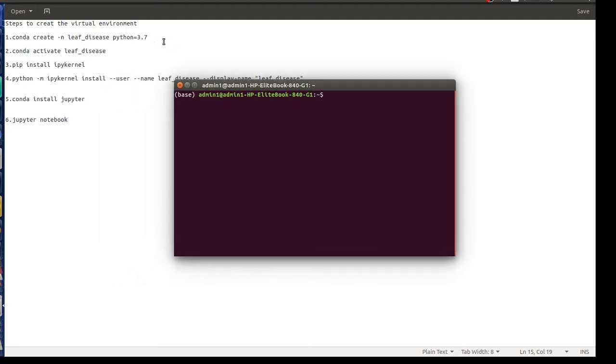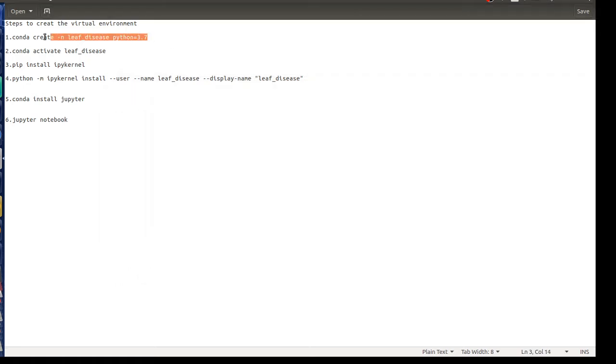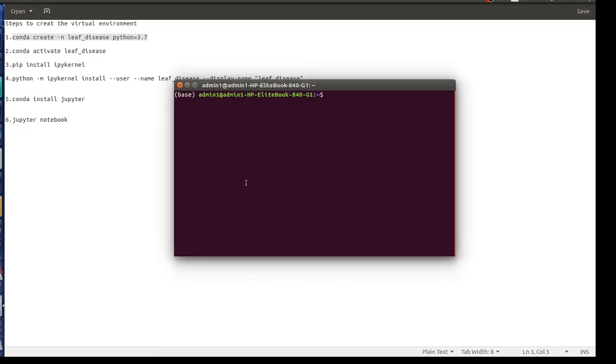Okay, we'll go with the first command. Here, what I am doing is creating a new virtual environment. You can give a particular name. I will give the name class underscore v.